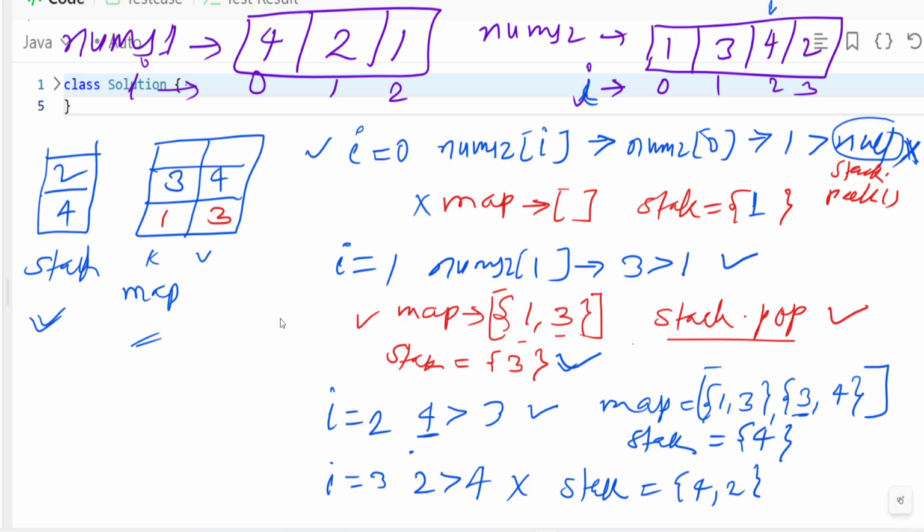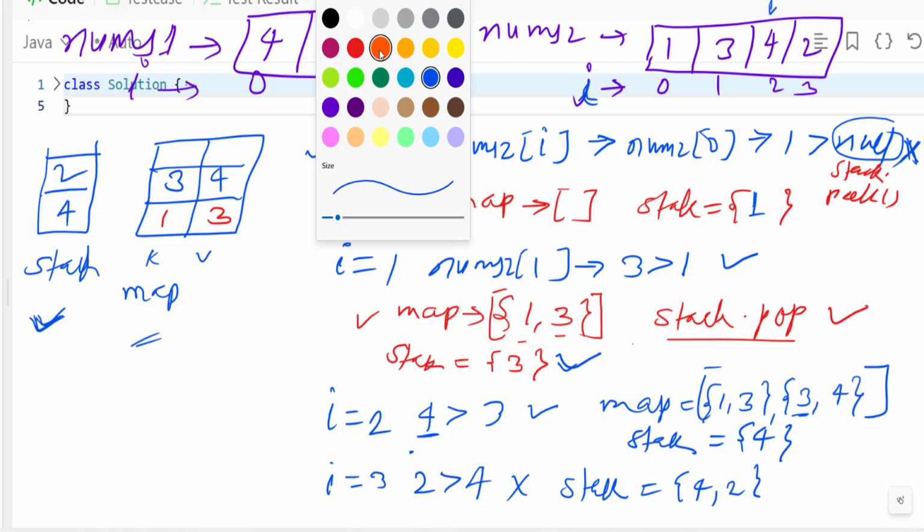Okay, now we will check, what we will check, the map and the stack elements we have, yes we have, right. Then what we should do, or we can say first check the stack. Is the stack empty? No, stack is not empty. Until the stack is empty, we are not done with the map. Okay, so we have to make the empty stack. Let's suppose if stack is not empty, so we'll remove the element from the stack, right, and we'll put onto the map. But those elements are not available in nums2. So what we will do,